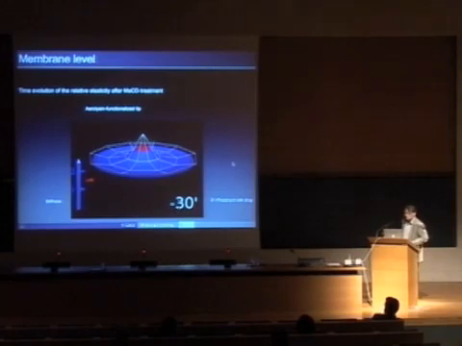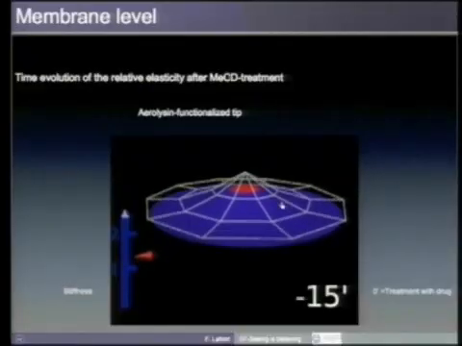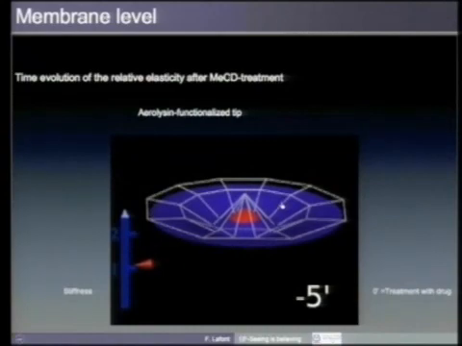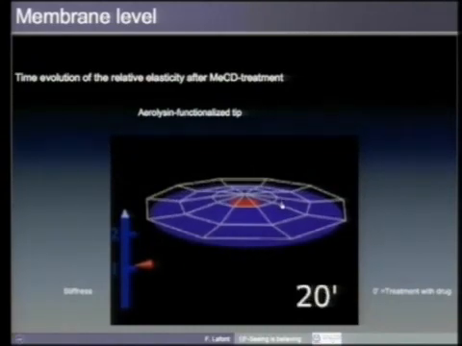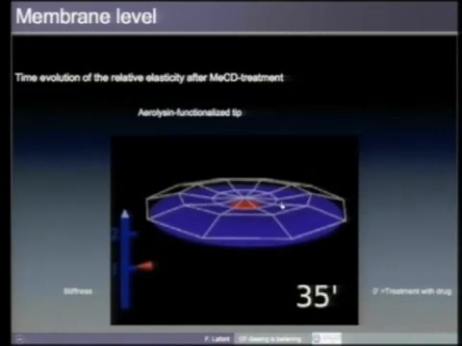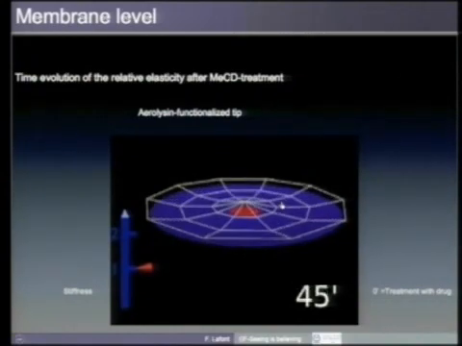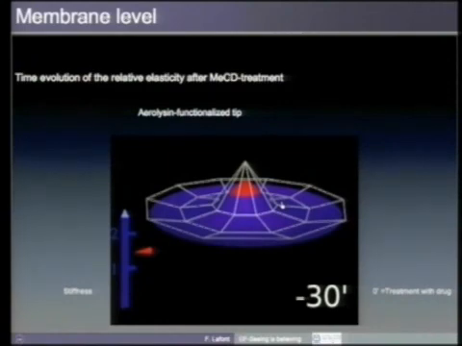So the Z-scan is not height, it's stiffness. And minus 30 minutes means that it is minus 30 minutes before adding the drug. And here you see that we are always stiffer, and as soon as we add the drug, then there is no difference anymore. This is not a model. This is coming from real data. So this is one way of using